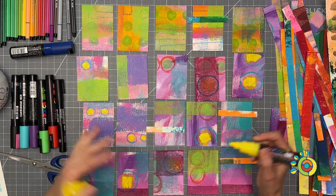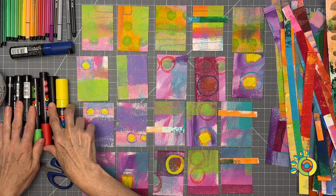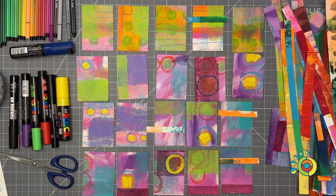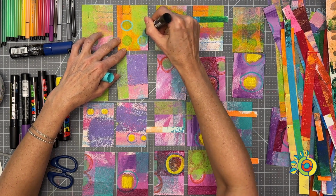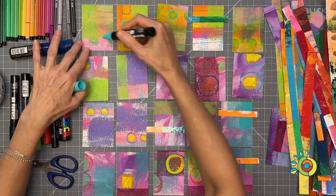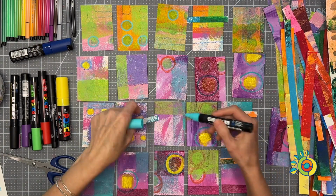What's fun about working on a bunch of them all at one time is it truly encourages the, I don't know, nope, I'm gonna leave it. I was gonna make that turquoise pop, but I just changed my mind. I am going to circle these. Just see where these go. So you get the idea. I hope you get the idea that it's literally just playing around,